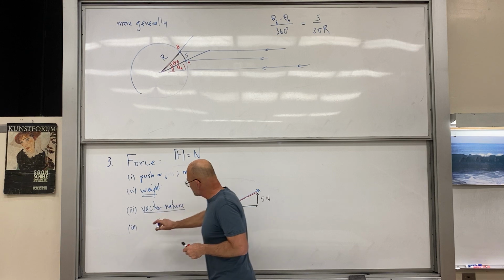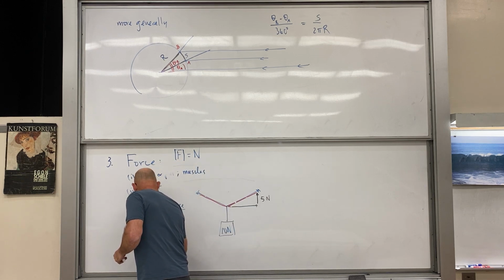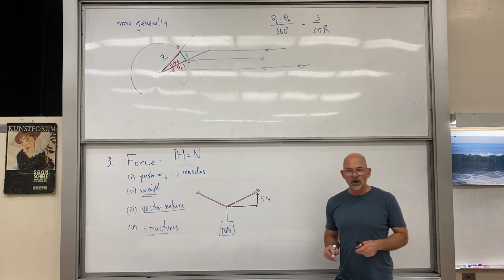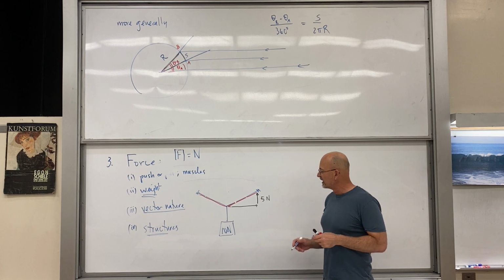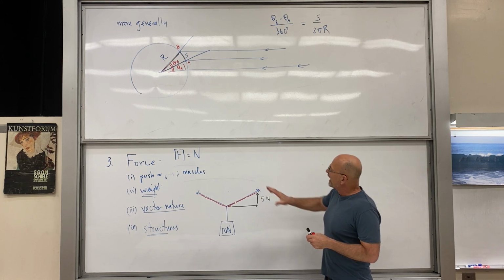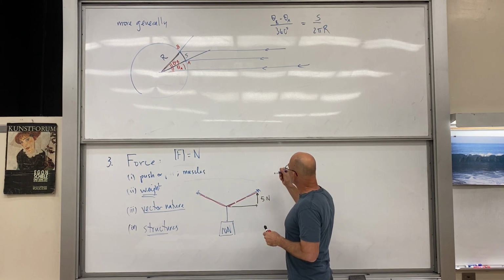So with the vector nature, we were able to understand structures. Post and lintel, arches, domes, bridges, catenaries, that stuff as well. Good, so we had force, and this was all preliminary to